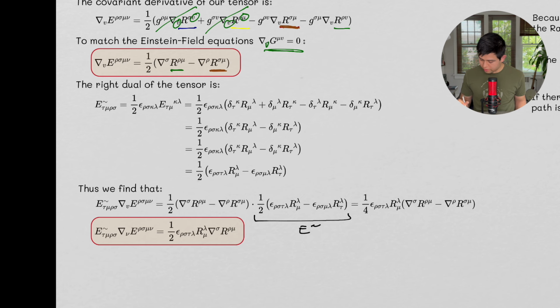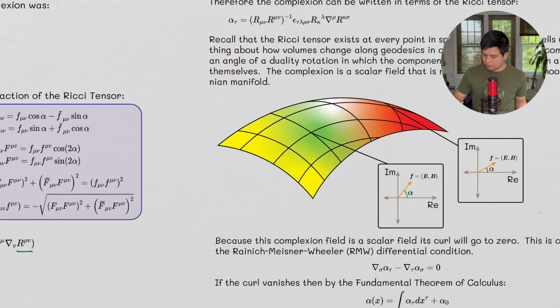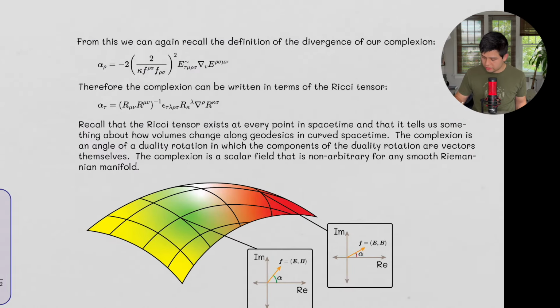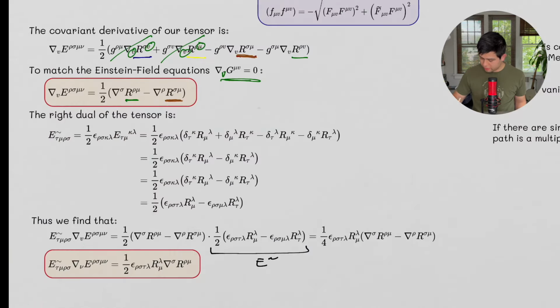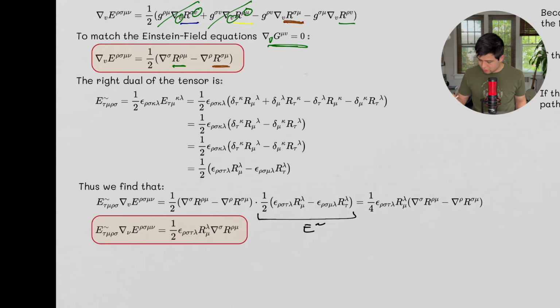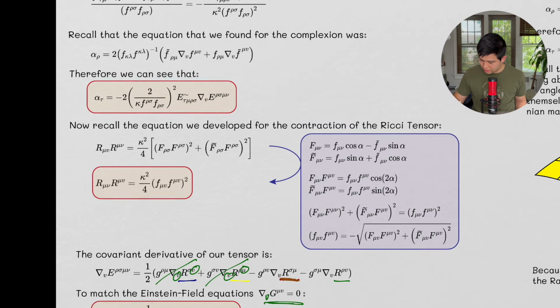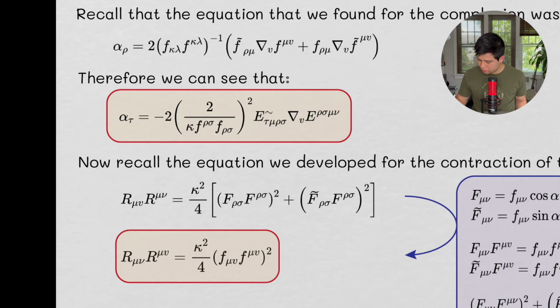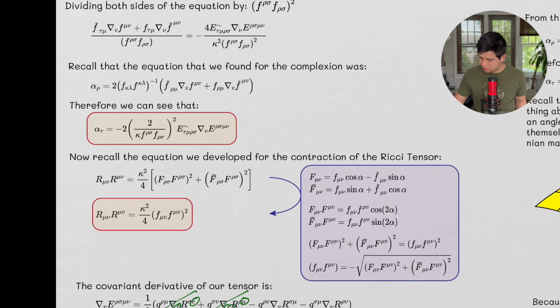But so we get to this point where the divergence of this tensor multiplied by the right dual is going to be the divergence of the Ricci times this mixed term. Okay. So what does this all tell us? We've gotten to a point where we define this, and the complexion didn't really show up here, but now if we take a look at our complexion, we have this, right? Because our complexion, it said, well, this was a right dual multiplied by the divergence. So